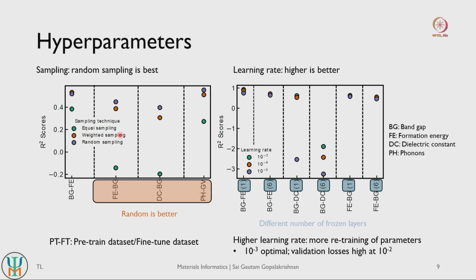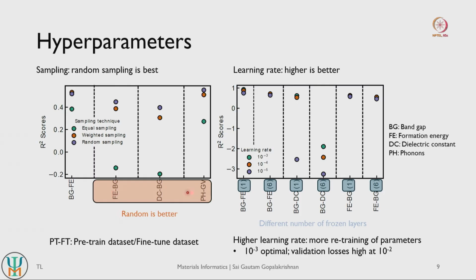Weighted sampling is, you look at how the data set is distributed across your entire range, and you try to mimic the same distribution of the fine tuning data set in your test set, right. This is similar to stratified sampling that we looked at during our very first regression exercise back in module 1. So this is basically trying to ensure that the test set mimics your overall data set distribution, right. And the third is random sampling. Random sampling is you pick data points at random from your entire data set to create your test set, right. So these are three different ways by which your test set is actually sampled.